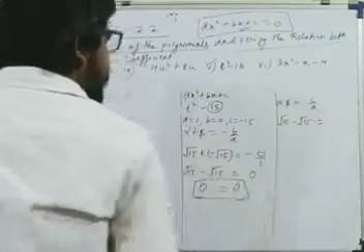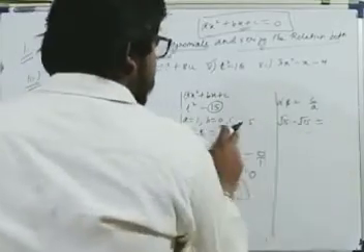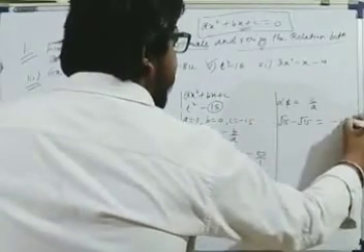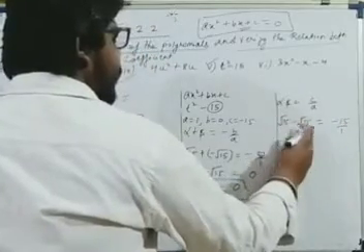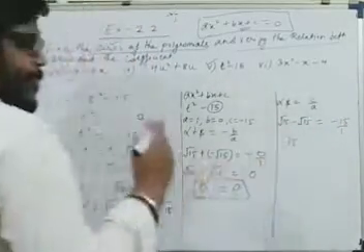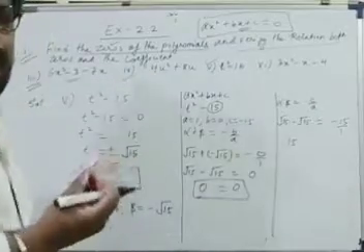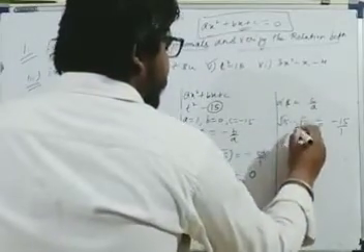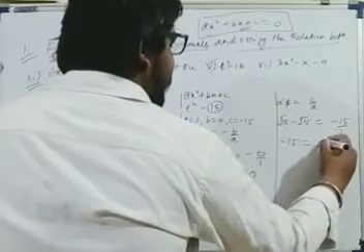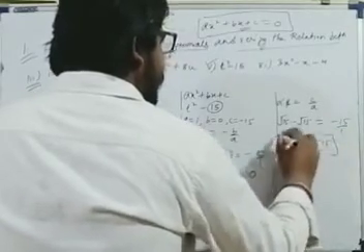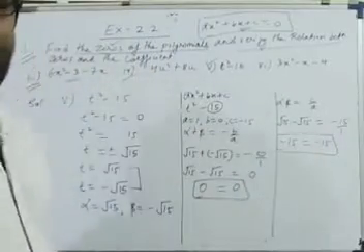Clear? And c is what? C is minus 50 and a is 1. Root 50 into root 50 is what? 50, as we know that if we multiply root 2 into root 2, the value is 2. So minus 50, with the negative sign, and this is minus 50 upon 1, minus 50. So in this case also, both the sides are equal.